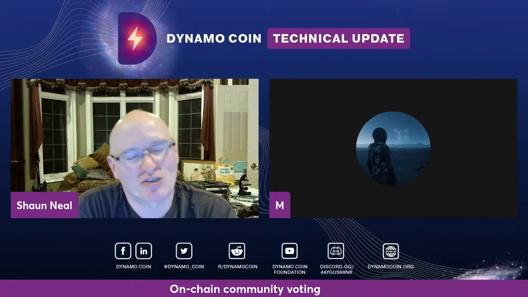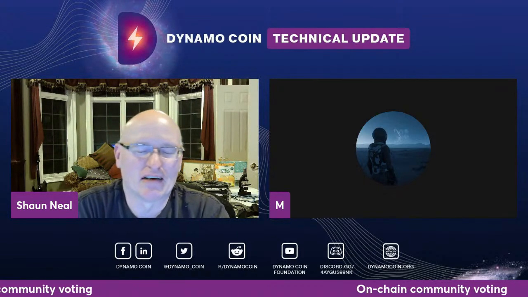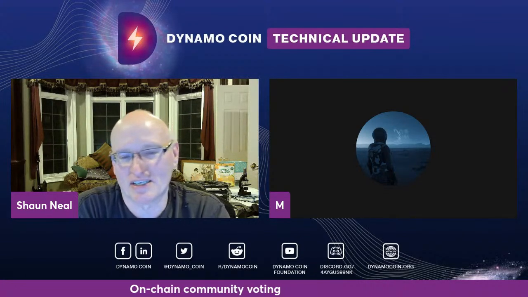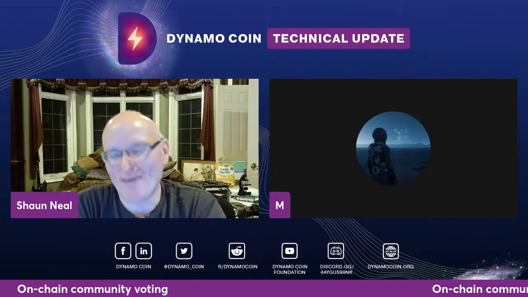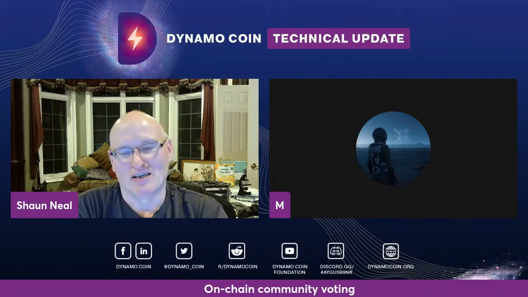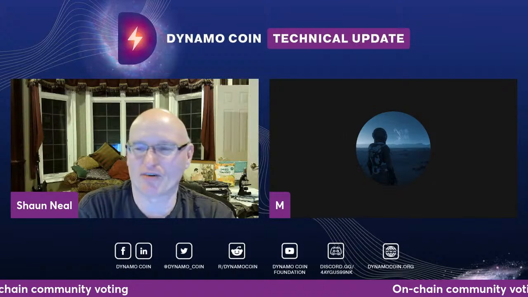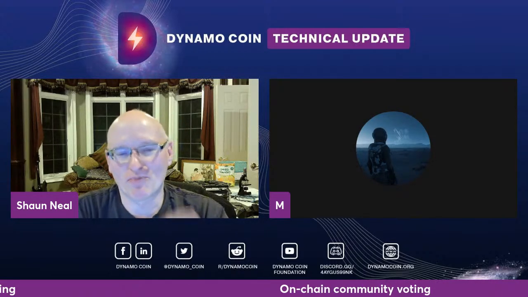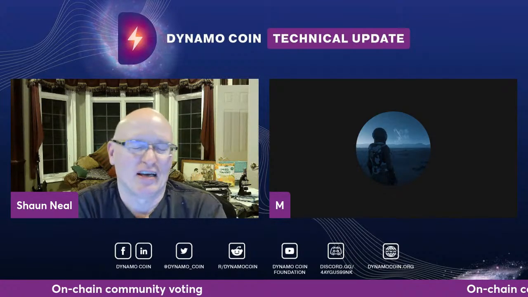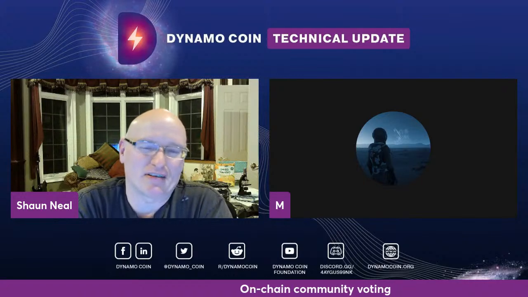So Ethereum is controlled by Vitalik. Ravencoin is controlled by Tron. Decred and Conflux have their controlling entities. I don't want that, right? Dynamo is the coin of the people, and I don't want to be the controller of it, right? So we need to have a mechanism that says anybody who has a legitimate proposal, and legitimate could be